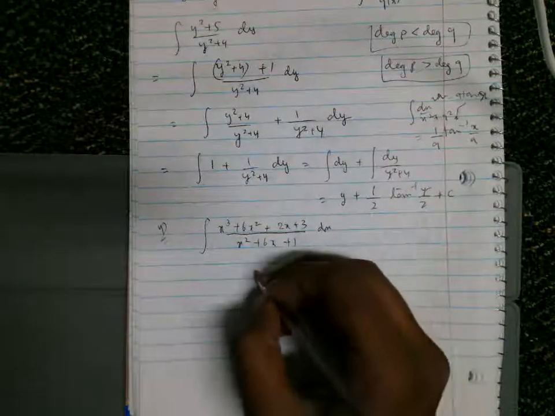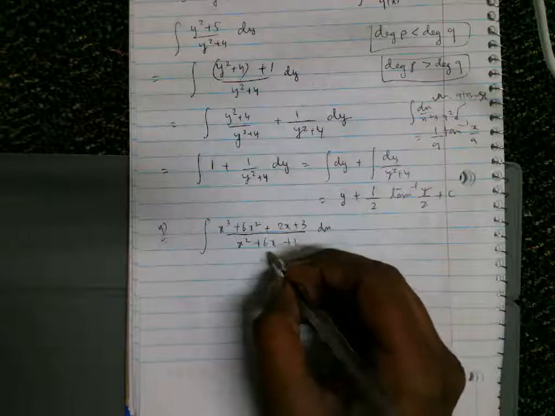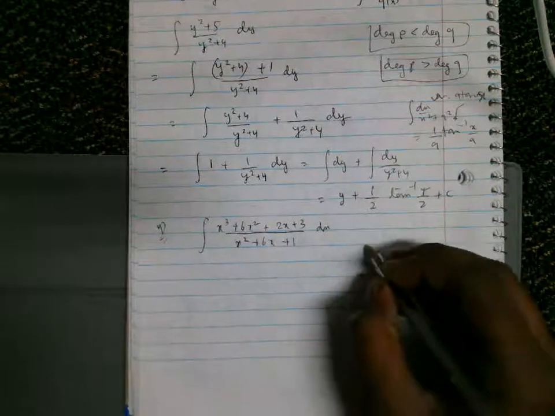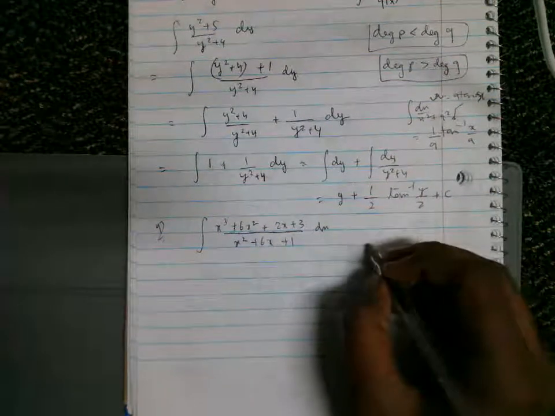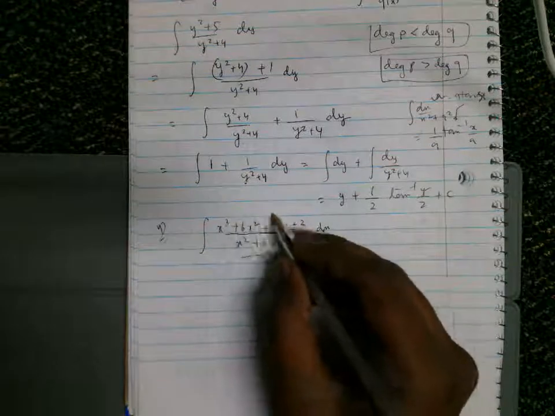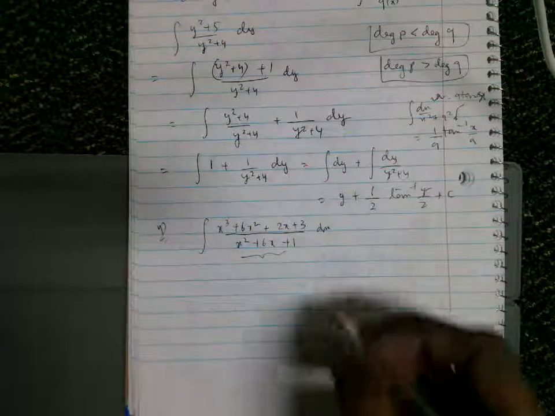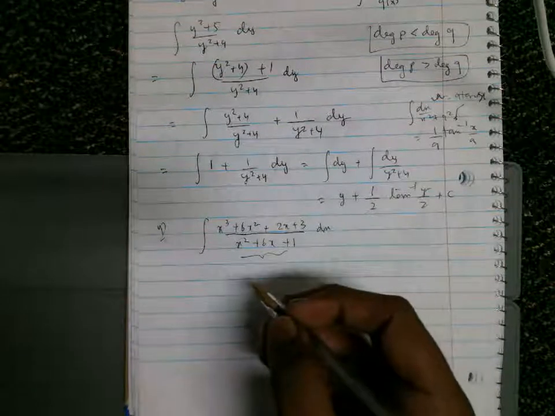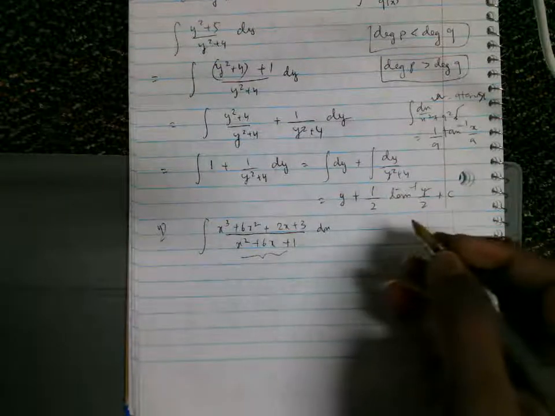Here sometimes the ratio of two polynomials is easy to solve. They are easy to solve when the derivative of the denominator somehow appears in the numerator. In that case, it is much easier to solve. You don't need to factorize anything, or you don't need to apply partial fractions.